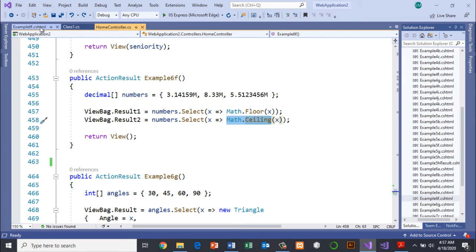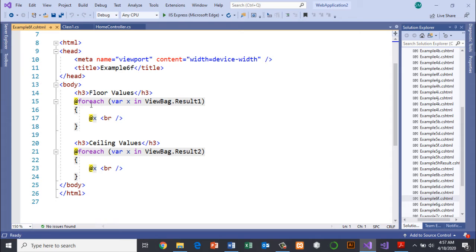So if we go to our view, we use a foreach. We have var x. We can actually use a decimal here if I want to, because x is type decimal, because this is a decimal type array. But I can also use var. Var can be used for anything, whether it's an integer, a string, or even within a list based on the class.